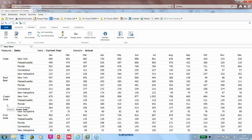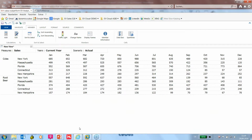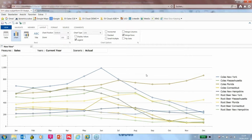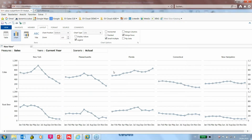I know that cream soda and fruit soda is not the issue, so I just have a look at colas and root beer. Again, if I switch that to a chart, and even if I merge the rows, I now have 10 lines, but I don't really see anything in that chart. There is too much information. What we have added to EV is the small multiple possibility. So I click on small multiple, and now it will turn this one chart with 10 lines into 10 charts